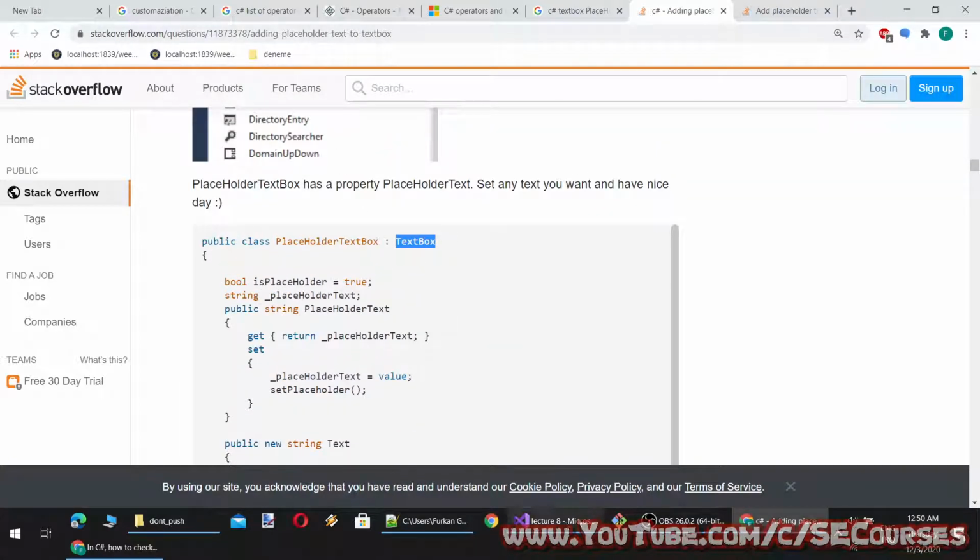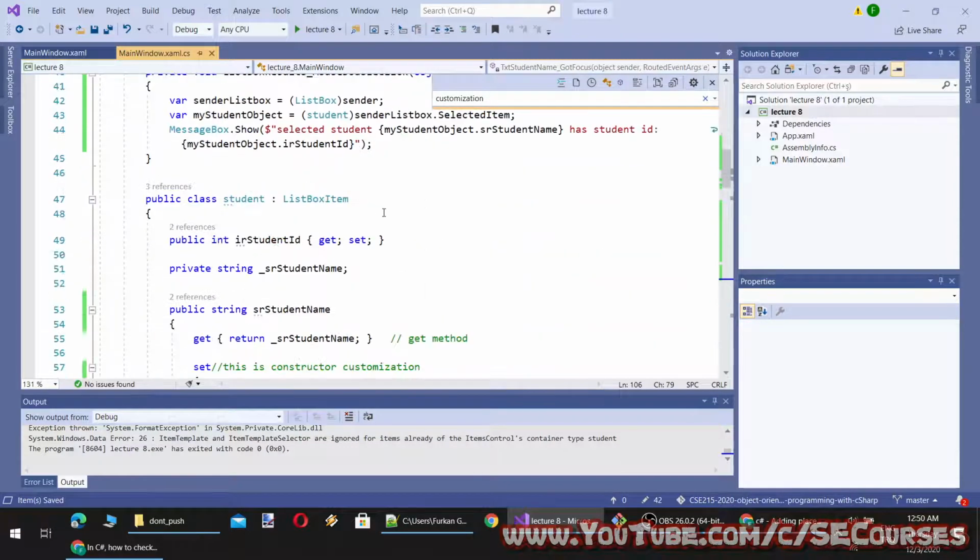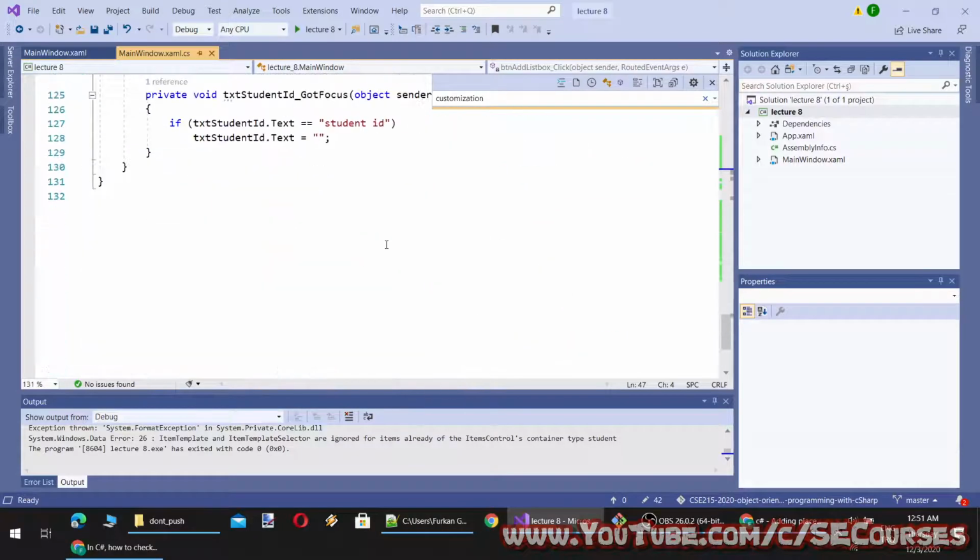We have just used it here. We have actually extended the .NET class, the default class that comes with the .NET framework, and to do that we have used class inheritance.